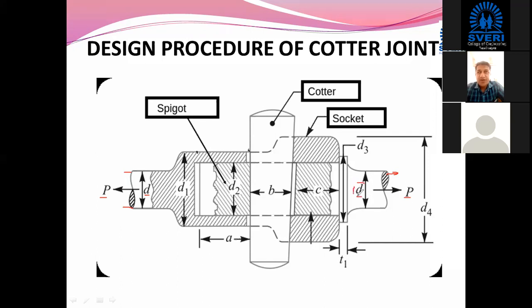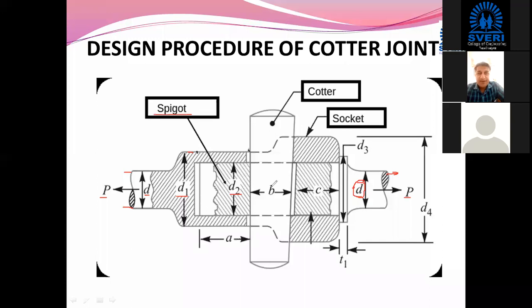Let us consider that small d is the diameter of the shaft at the spigot as well as the socket side. Then D1 is the outer diameter of the socket. Then D2, let us consider, is the inner diameter of the socket, whereas this same is going to become the outer diameter of the spigot. Am I right? So that this spigot can be inserted inside this socket. That's why the inner diameter of the socket is the outer diameter of the spigot.